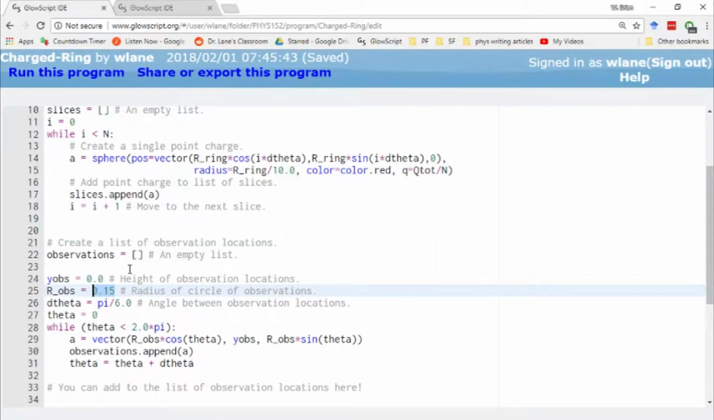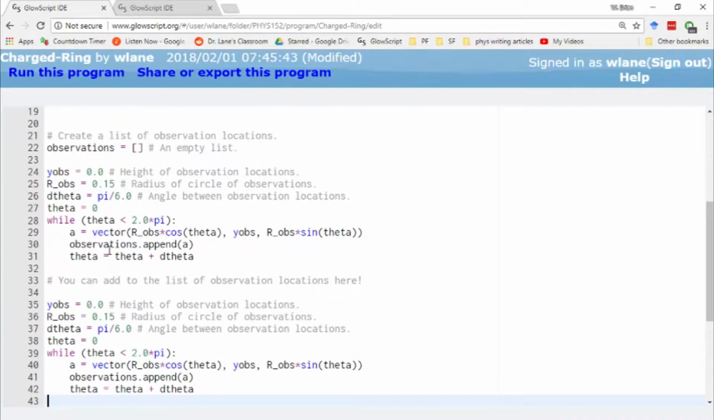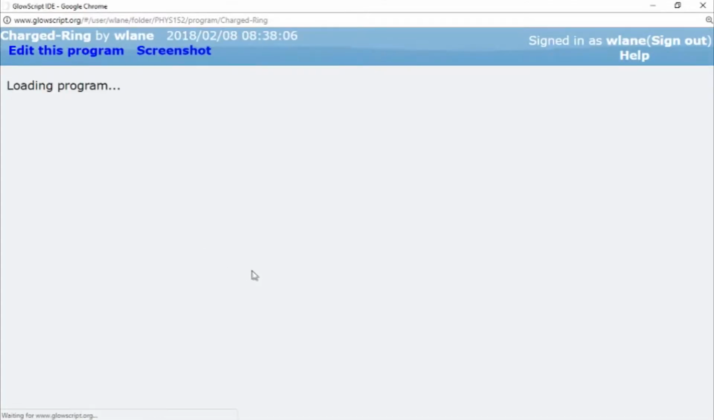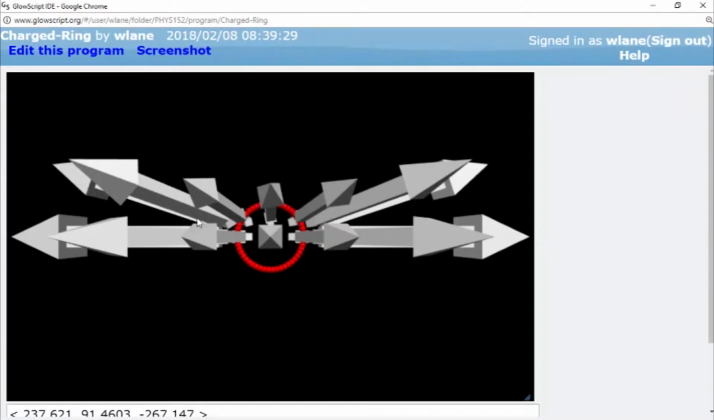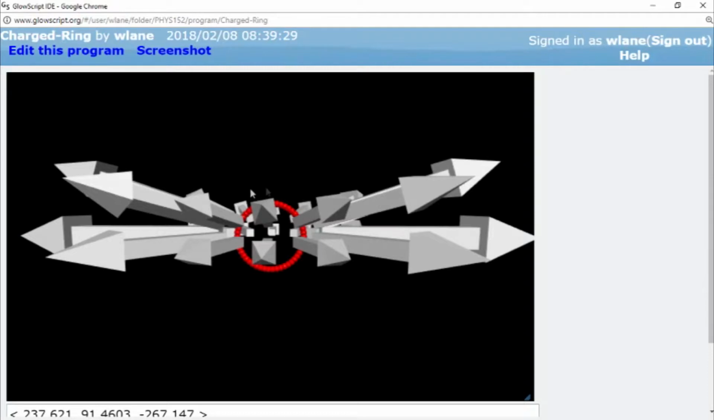That doesn't happen if we move this Y obs. So let's add another set of observations here. And we're going to move this up a little bit. We're going to move it up to half of the height of, or half the radius of the ring, I should say. So at this point it's going to be halfway between this set of points and the top of the ring. So what you get in this view is electric fields whose up and down components have not